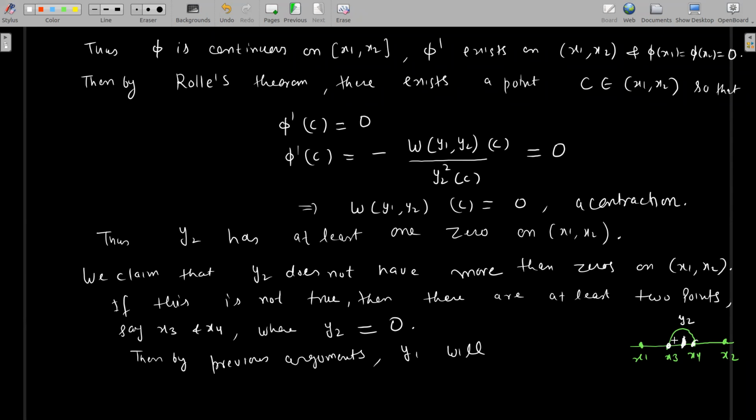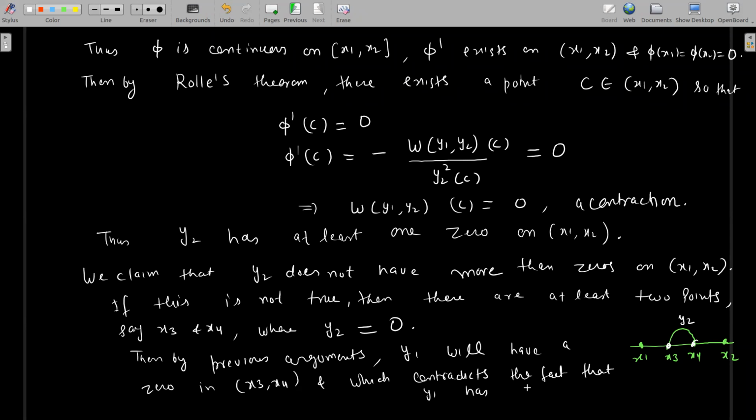ठीक है, बट हमने क्या अज्यूम किया है अब कि दो कंजक्टिव जीरोज हैं, so y1 doesn't have any zeros in between, so this proves the result. Then by previous arguments y1 will have a zero. जीरो होने का मीनिंग है फंक्शन जिस पे जीरो बन जाए, इसको रूट भी बोलते हैं, zeros in x3 x4, and which contradicts the fact that